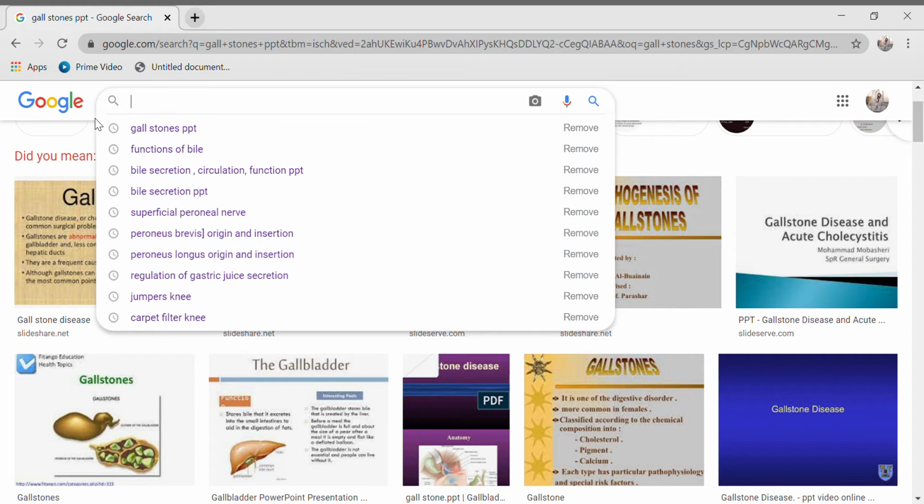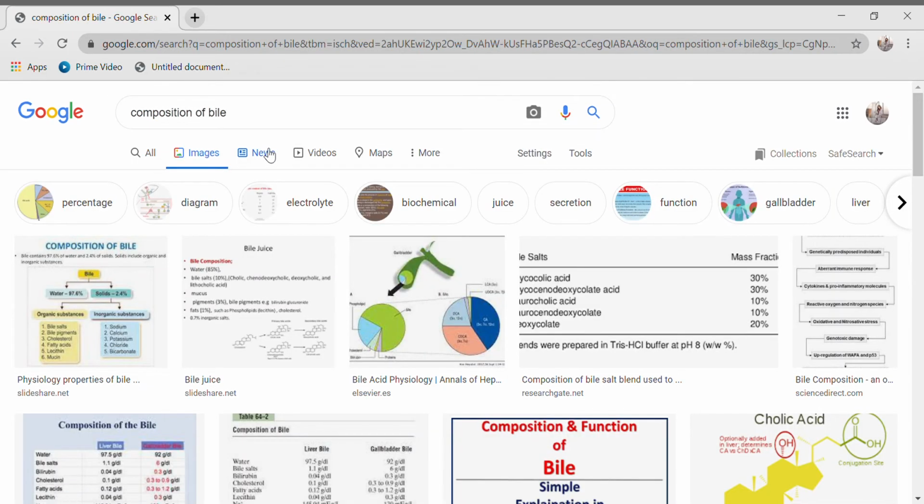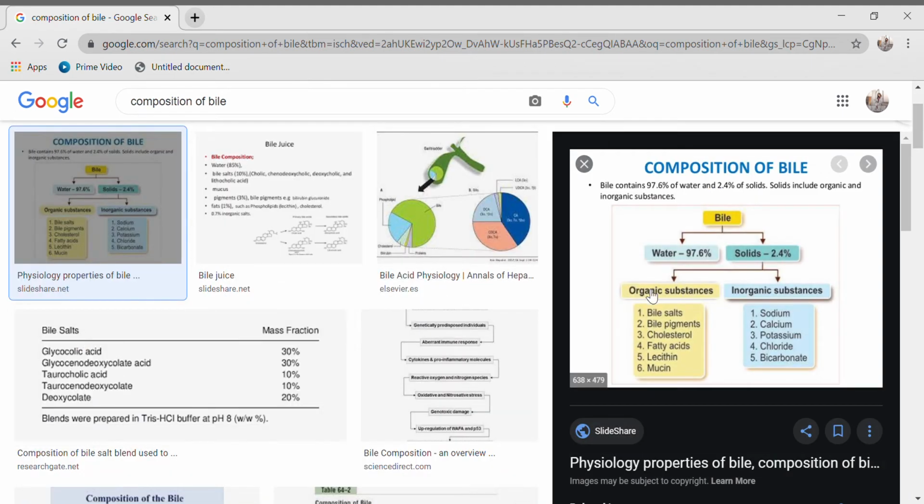So next question, what you're going to see is about the composition of bile. Okay, bile composition. So you can see the bile composition here. Okay, this is a very nice chart. You see bile, you have some water, 97% of water, and you have the 2.4. So to be specific, like 97 and 3 you should write. Okay, so solid you have solid, organic and inorganic. Inorganic generally you can write sodium, calcium, potassium, chloride, bicarbonate, phosphate, all these things. Okay, just write about cations and anions, whatever you know.